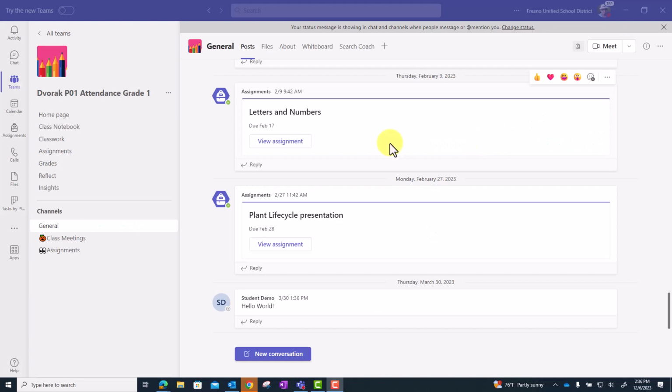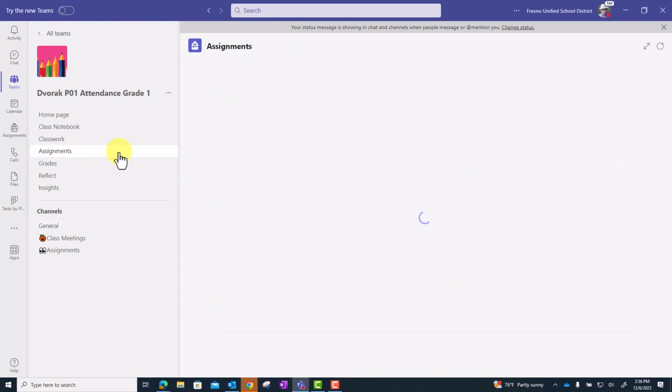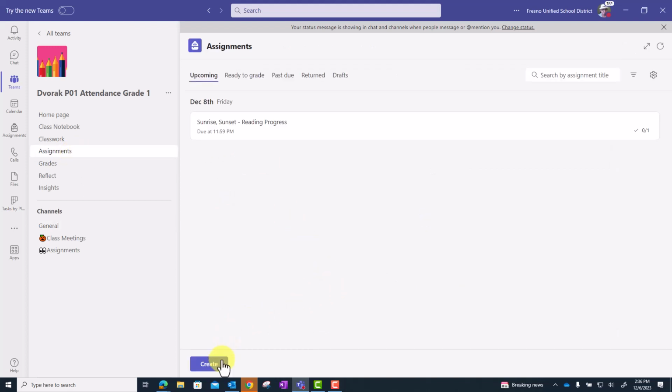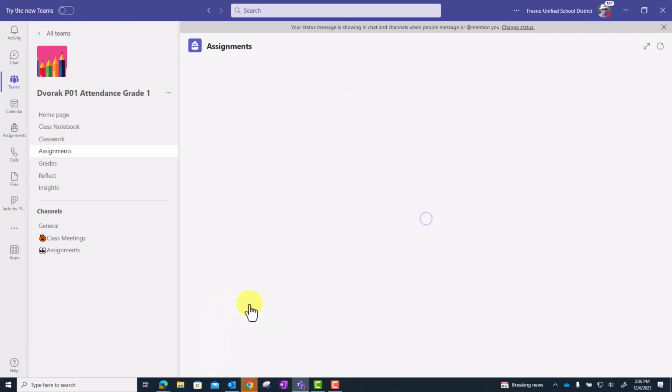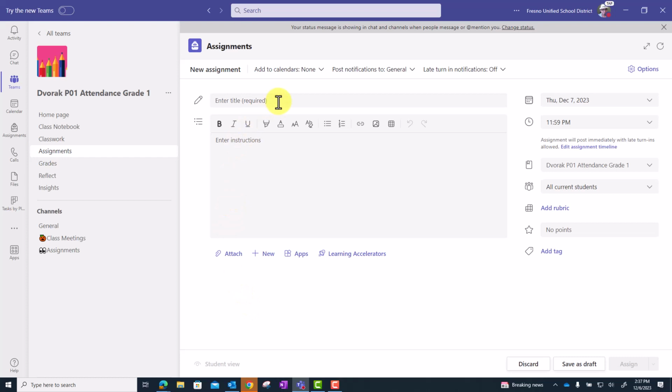Okay, so first thing we're going to do is head over to assignments over here on the left, and at the bottom of the screen we will go ahead and click on create to start a new assignment. Alright, and we'll make sure we have a title for the assignment,